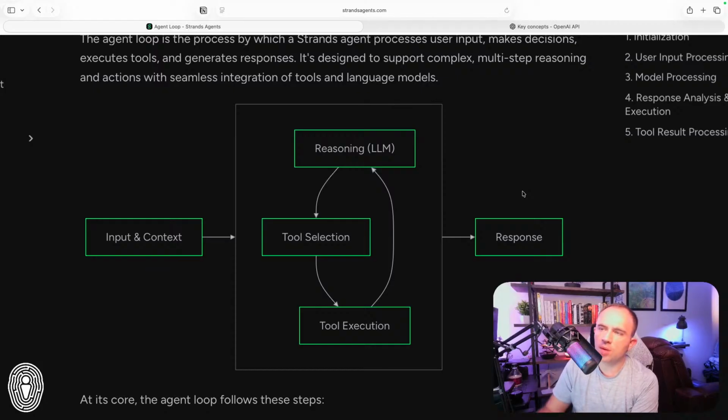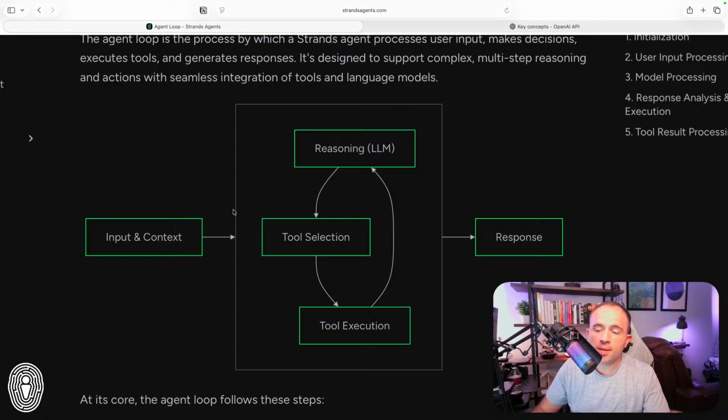So basically, you pass in your input and context here. Let's use the coding agent example, since we already recognize this. In this case, the input would have been my prompt, the thing that said I want to create an API with 2 endpoints, etc. And then we pass it in here, and the large language model does the reasoning to understand, okay, what are we trying to do here? In this case, we were trying to build an API, so it may need to invoke some tools.